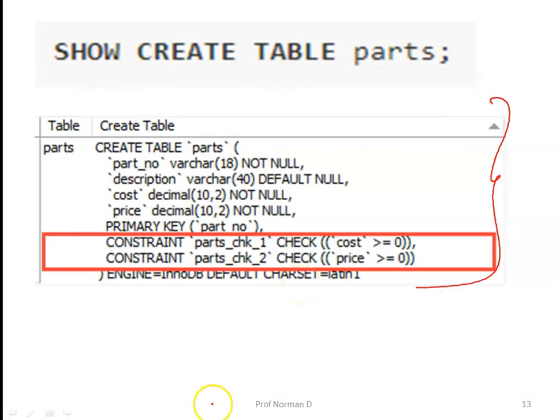Even though in our query we do not give a constraint name, you can see that MySQL has taken care of it and has specified a constraint name with respect to check, for the attribute cost and for the attribute price. The constraint name given to cost is parts_check_1, and the constraint name assigned to the second attribute, that is price, is parts_check_2.